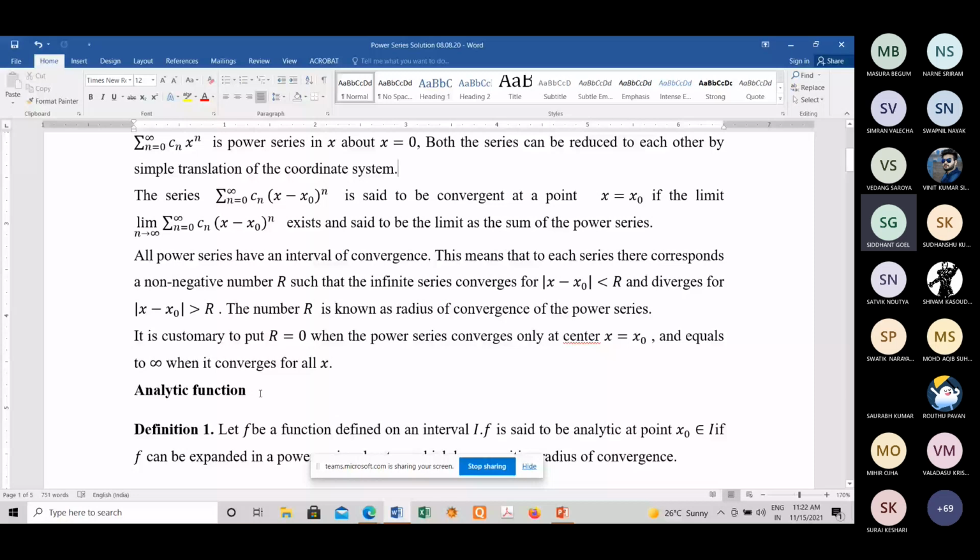Maybe I gave the question in the last class. If we have d2y by dx square plus y square dy by dx plus x sin y equal to 0, my question was, can we find the solution of that differential equation? Although you have started the solution of differential equations from your 10 plus 2 standard.